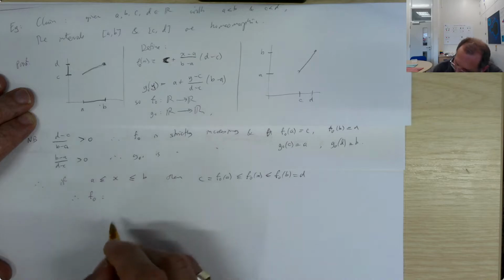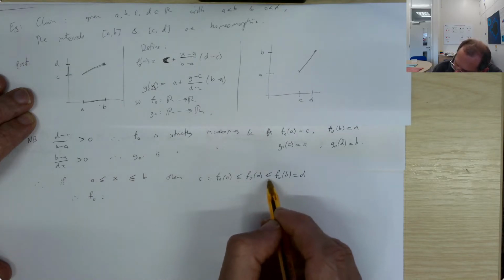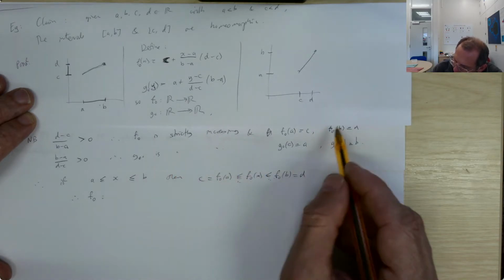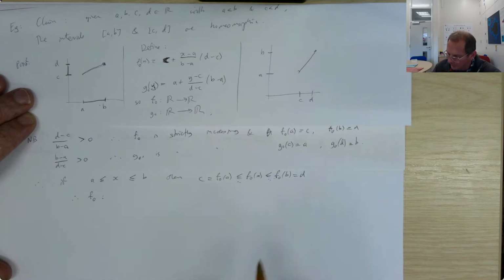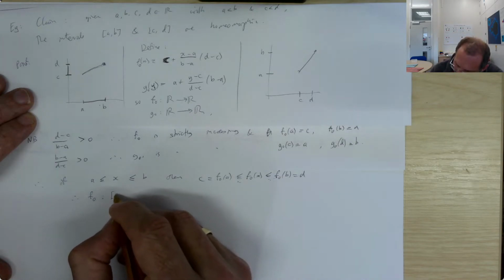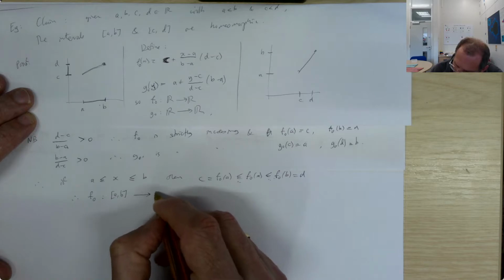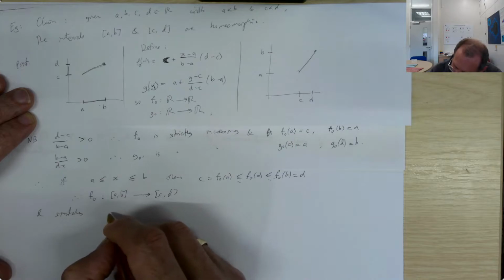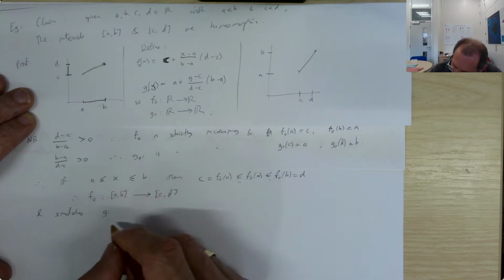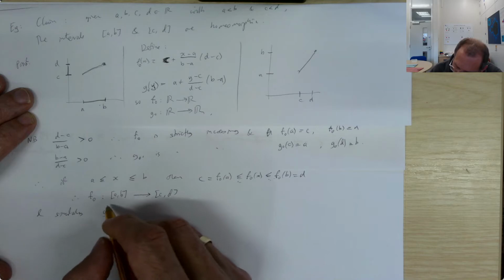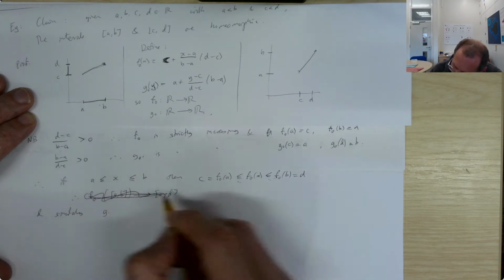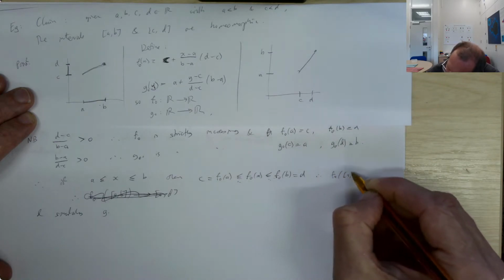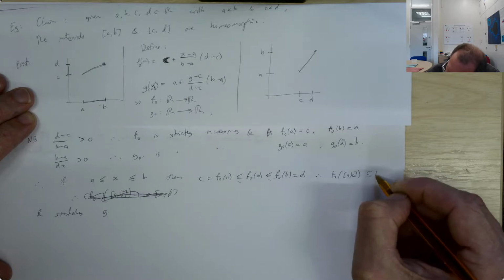So f naught we can regard as, here I'm using the fact that these two inequalities hold because f naught is increasing, and then f naught a is c, f naught b is d, which is from a formula like so. So we can see from this that f naught is a map from AB to CD, and similarly g naught, well, let's say it slightly differently. Therefore f naught sends AB into CD,